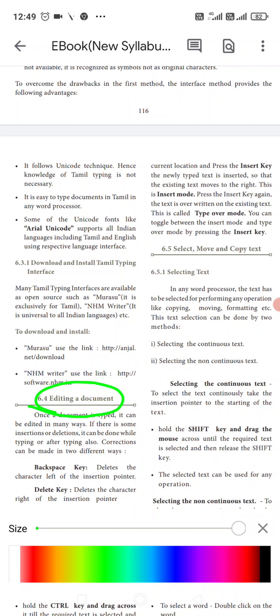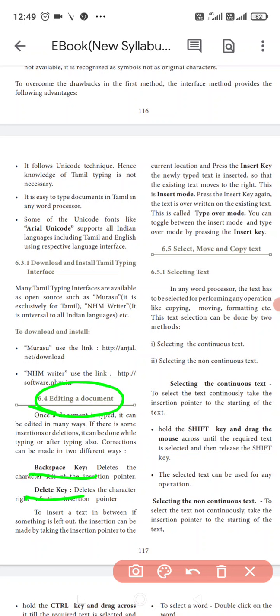For the correction of documents, there is the backspace key. Next to it is the delete key. Both the backspace key and the delete key are on the keyboard. The backspace key deletes the left side character, not a word but a character, letter by letter.